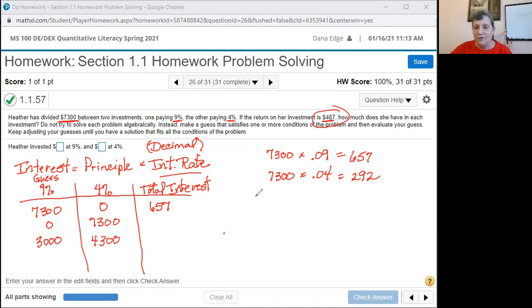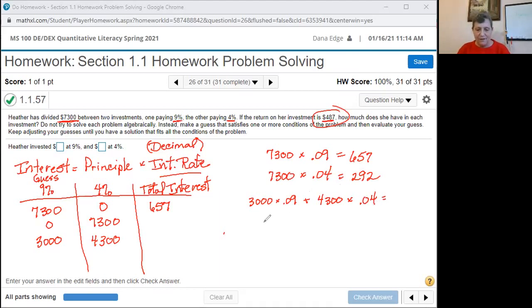Now the amount of interest is going to be 3,000 times 9%, and 4,300 at 4%,